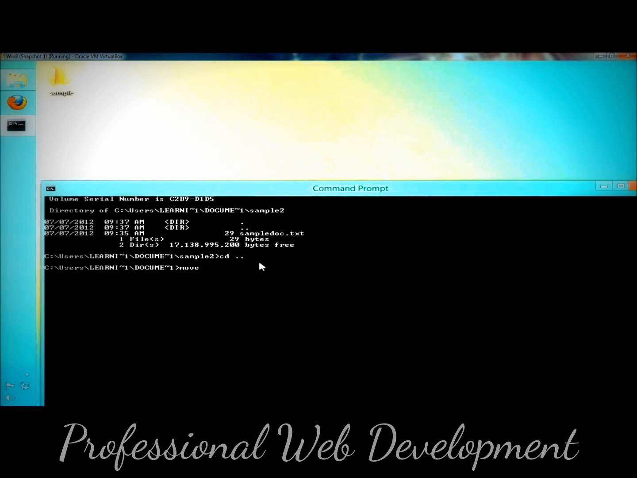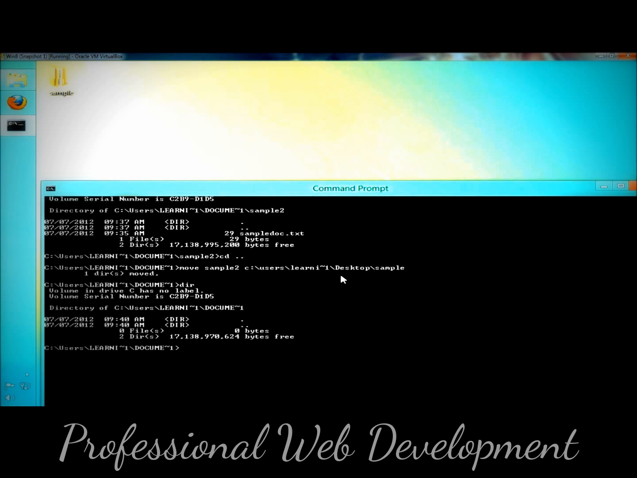So I'm going to type move sample2, and then we have to type the destination folder, and in this case I'm moving from the documents to the desktop, so I have to type in the path to the desktop. And here's the full path to the sample folder on the desktop. It says one directory has been moved, so I'm going to run the dir command, and now it's showing the documents directory is empty. So now I'm going to move up one directory, so cd period period,